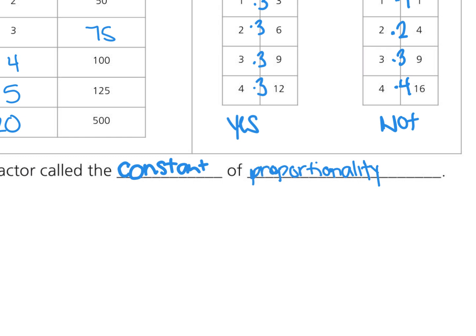Constant of proportionality. So the other way you can think of this constant of proportionality, it's also known as the unit rate, which we did talk about last year. Okay. Constant of proportionality is the same thing as a unit rate per 1. Okay. We're going to pick up here tomorrow. Okay. This can get folded and glued